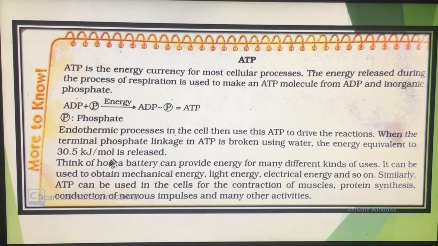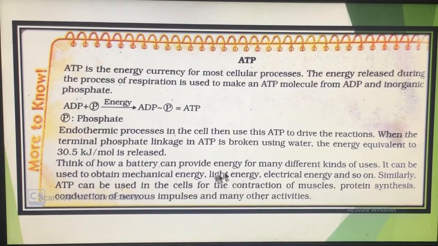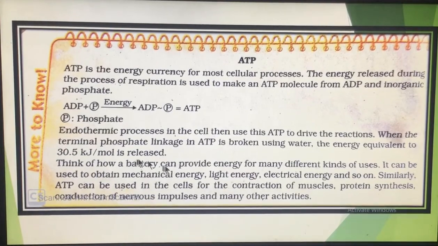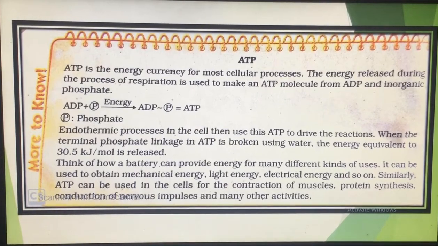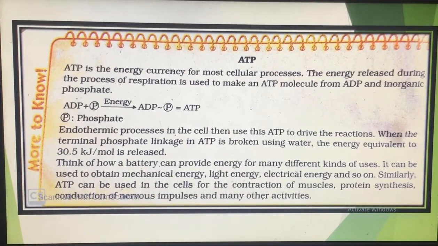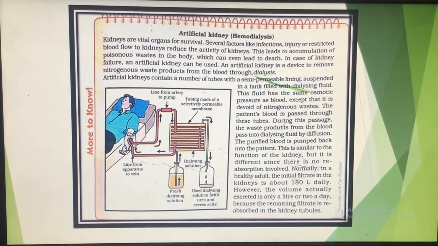Okay. Now as you know, there are different types of energies, like mechanical energy, light energy, electrical energy, etc., and all these types of energy are used for different purposes. This is just to tell you the meaning of ATP and ADP, and that our body can utilize only one type of energy, that is the energy which is present in the form of adenosine triphosphate. ATP is adenosine triphosphate.